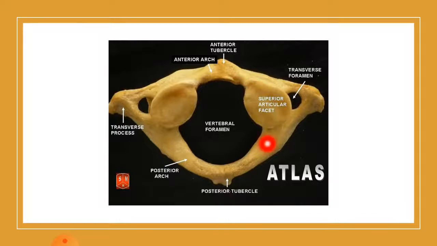The atypical vertebrae are the C1 and C2, and this is the C1 vertebra, which is called the atlas vertebra, and this is a ring of bone, and there is no distinct body or spinous process. It has short transverse processes, and these transverse processes contain the transverse foramen for the vertebral artery passage. The important thing is these superior articular facets form the condylar joint with the occipital bone, which allows a movement, that is the nodding of your head.